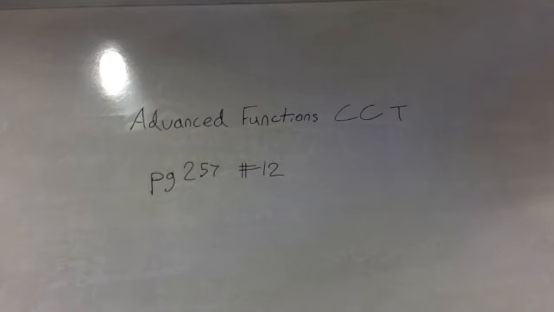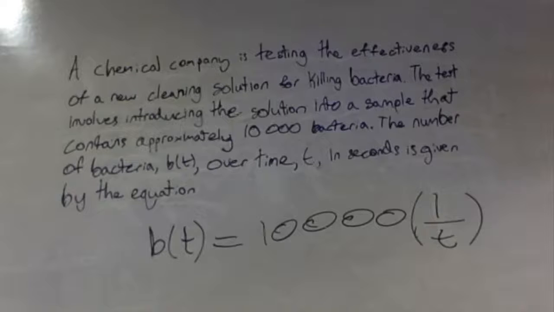Today we'll be focusing on the problem question 12 on page 257 of the Advanced Functions textbook. A chemical company is testing the effectiveness of a new cleaning solution for killing bacteria. The test involves introducing the solution into a sample that contains approximately 10,000 bacteria. The number of bacteria, B(t), over time, t, in seconds is given by the equation B(t) = 10,000